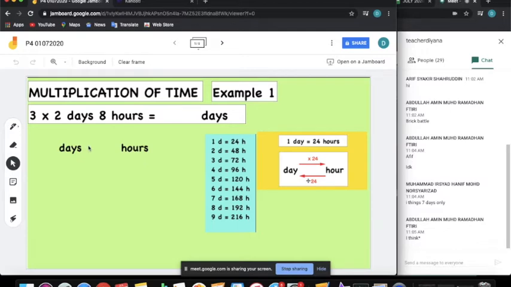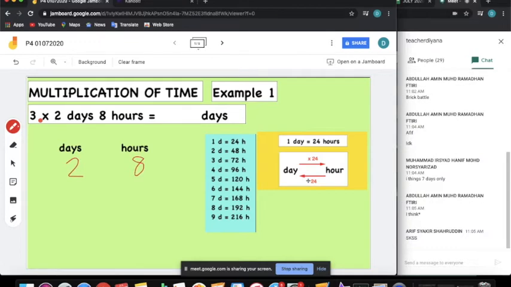Okay, the first step, as usual, you put days and hours. And then, okay teacher, 2 days. So you do. Alright, 2 days, 8 hours here. So what do you need to do? Multiplication, you need to multiply. You need to multiply with 3. Okay, so now, you put 3 here. And then times. So now everyone, 8 times 3 equals to,